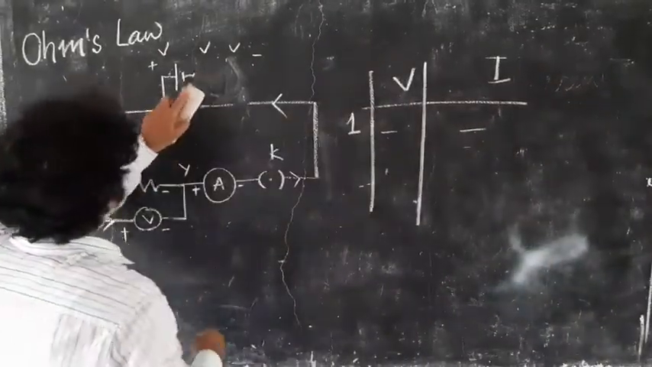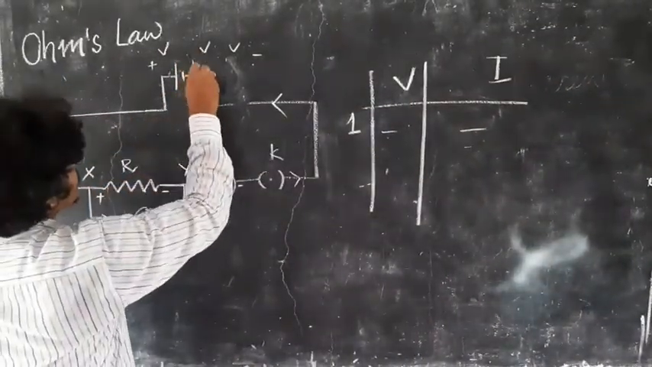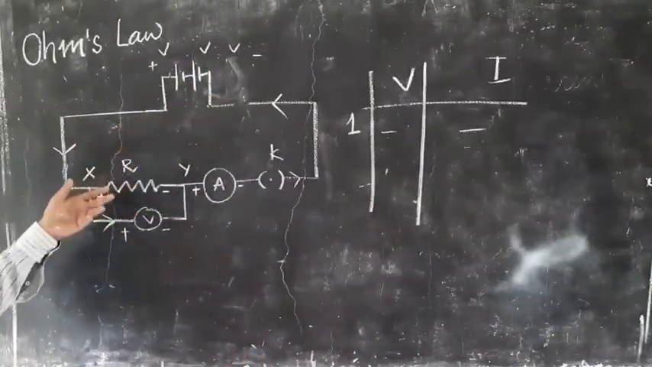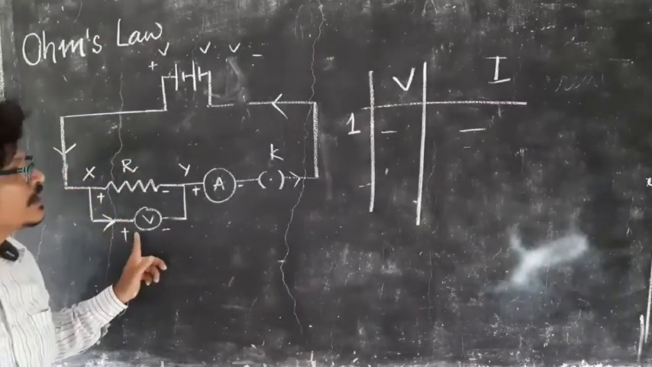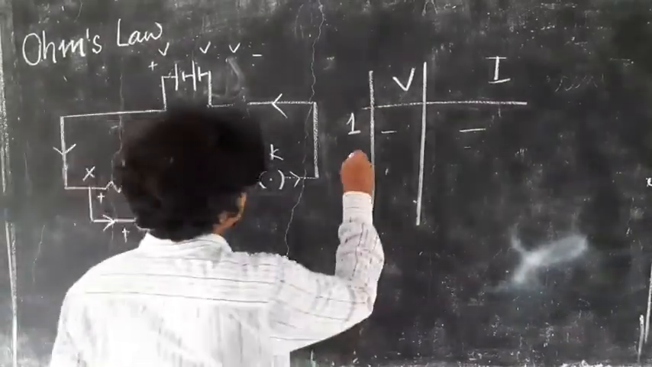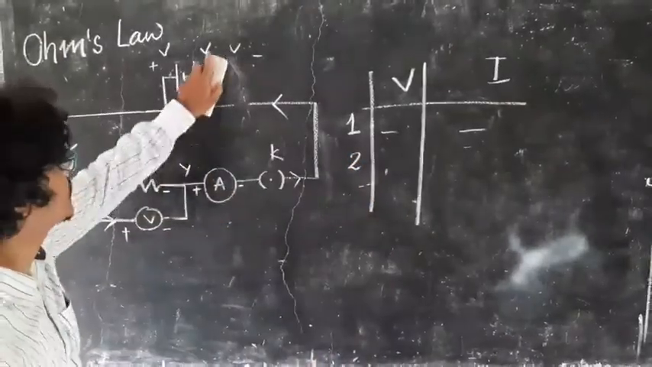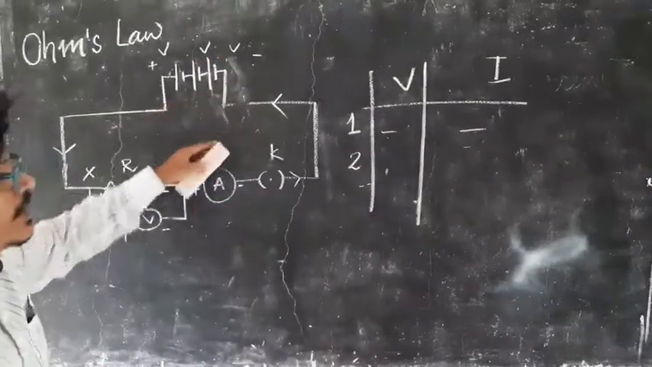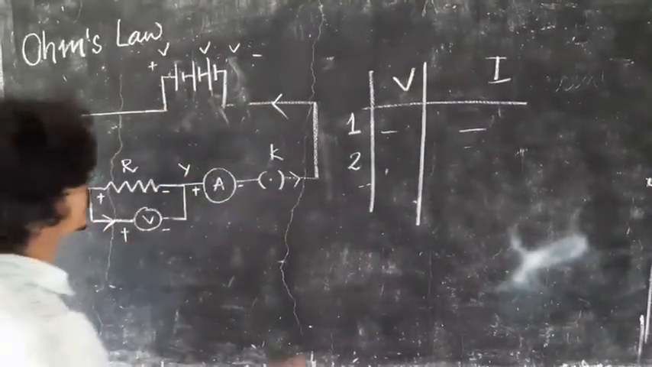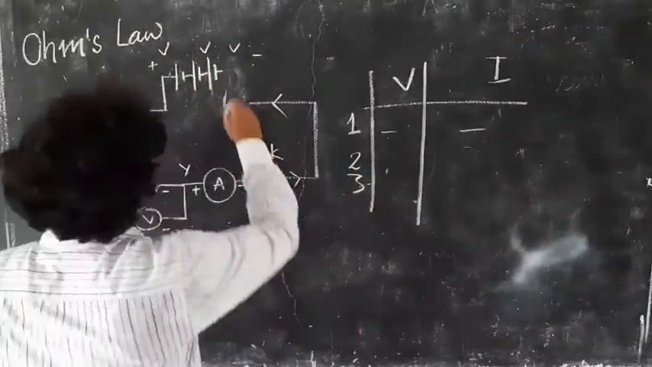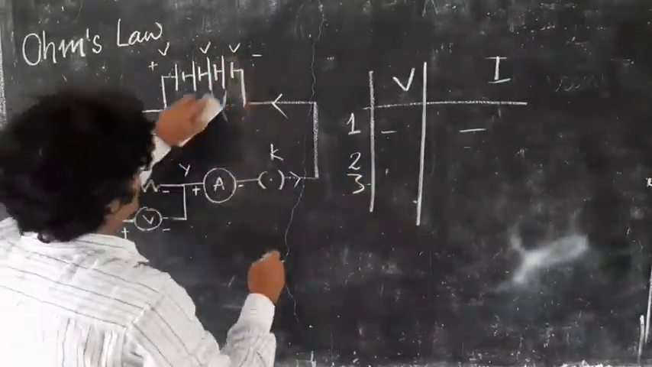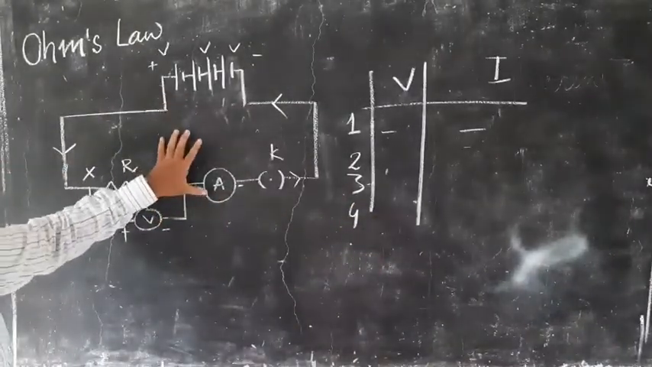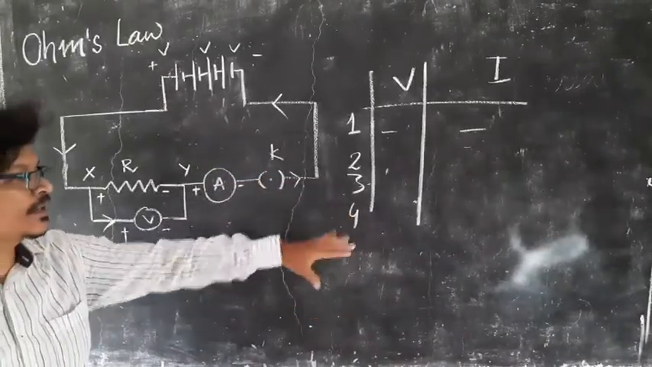Now the second battery is connected, and now note down the reading of potential difference and current. So here is the second reading. Similarly do this 3-4 times. Now again the third battery is connected, and then note down the reading. And so on. Repeat this same activity for at least 7 to 10 readings, and after that